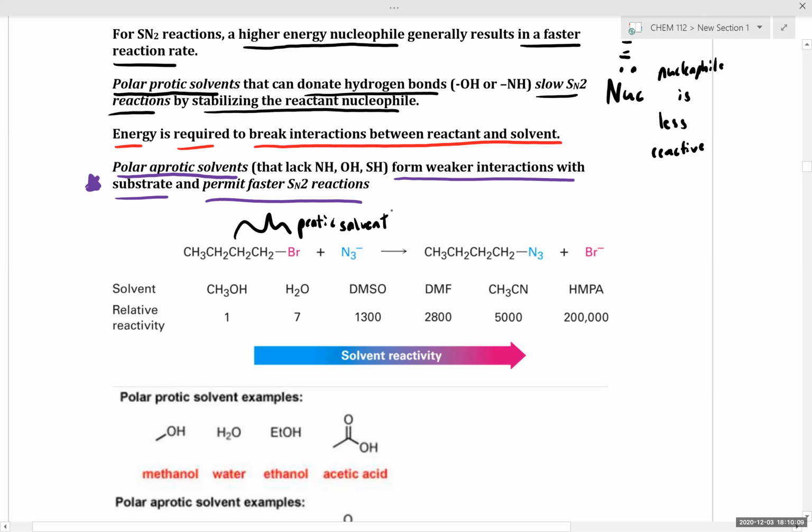Does everyone see how if we compare our protic solvents to our aprotic solvents, we see a substantial difference in reactivity and the rate of SN2 reaction. HMPA is a bit of a special case, hexamethylphosphoramide. HMPA serves as an activator because it sequesters